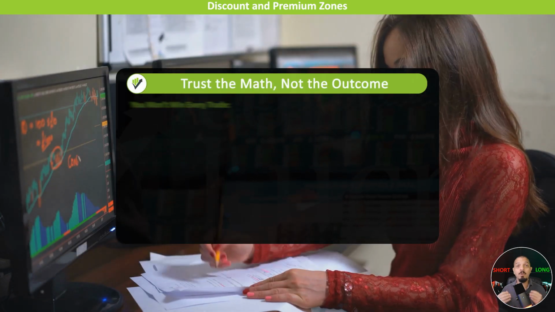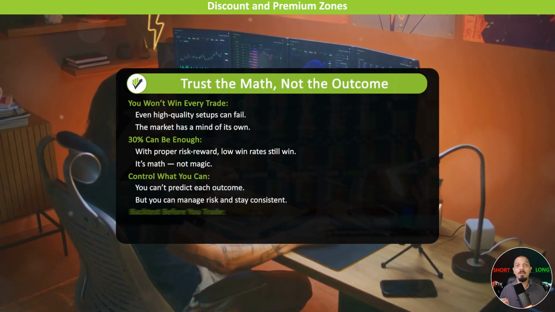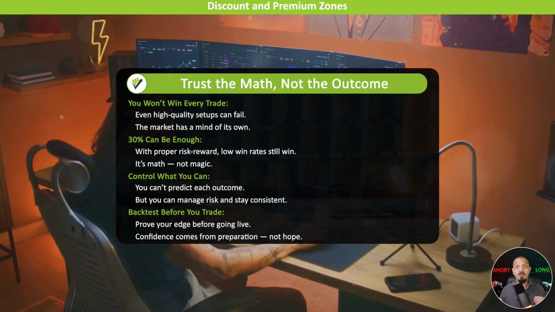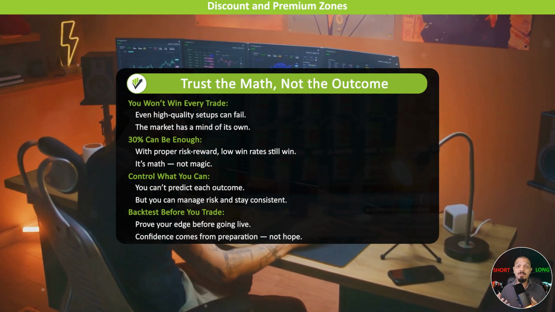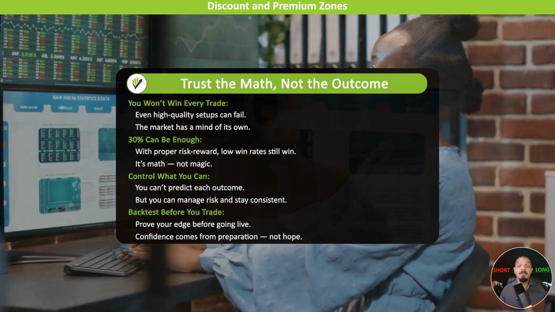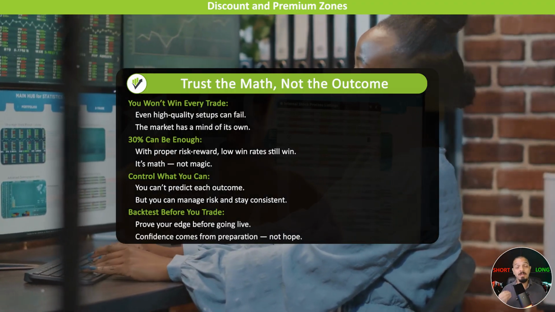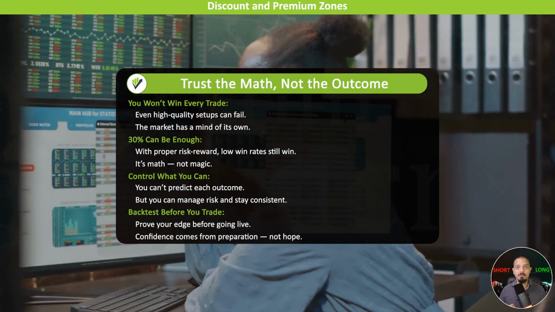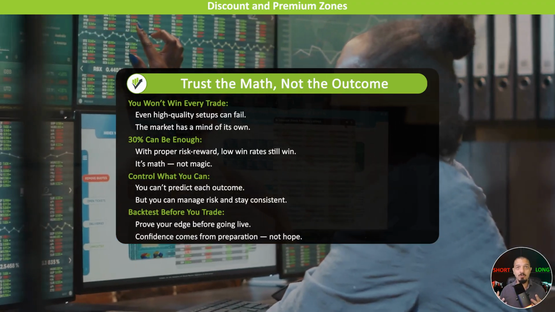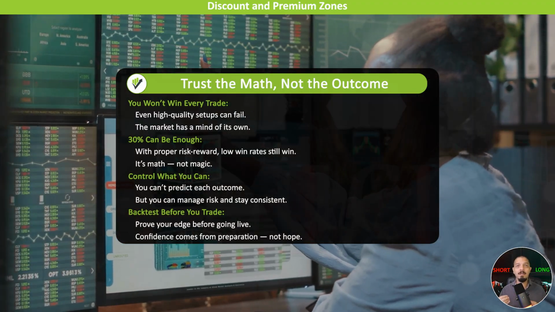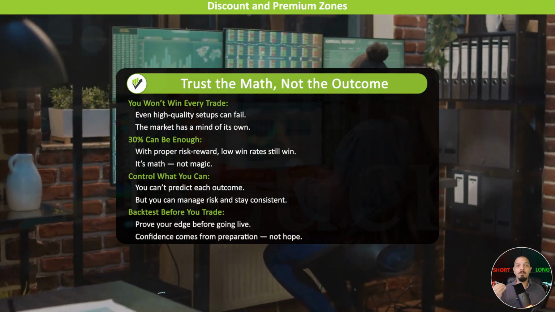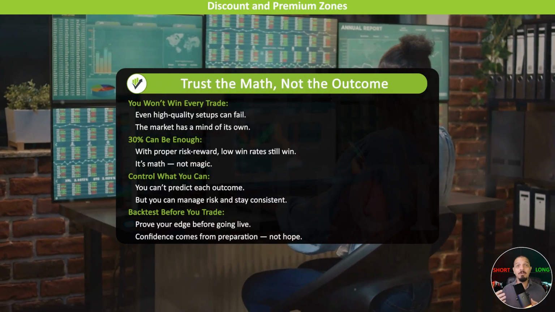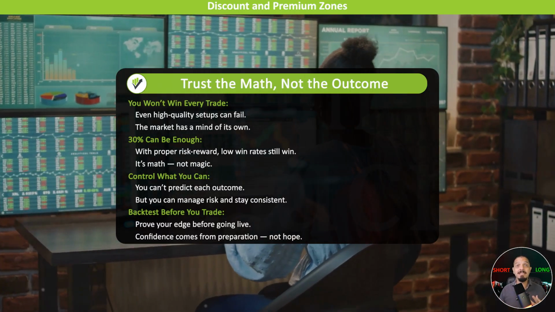However, the important point here is that you're not going to win every single trade, even if you only take high-quality setups. Sometimes the market has different opinions. Even with a 30% win rate, you can be profitable as long as you have a solid risk management plan. You can't control the outcome of a single trade, but you can control the outcome with an overall good risk management plan. As long as you take high-quality setups and stick to your rules,